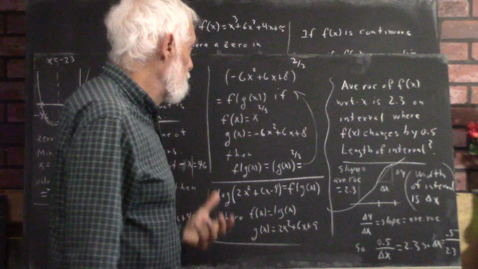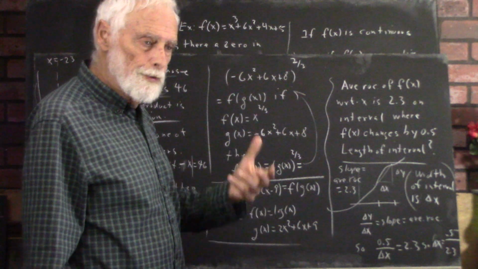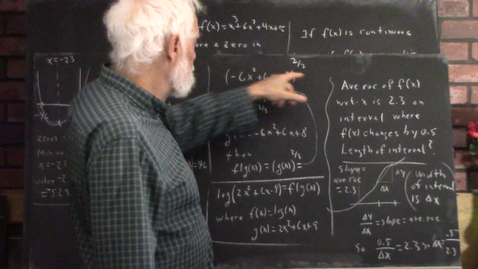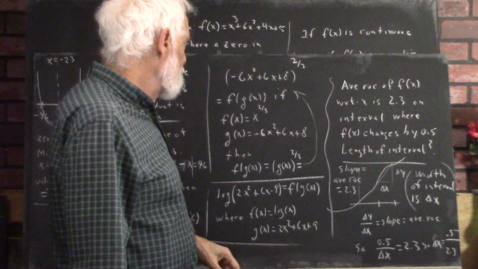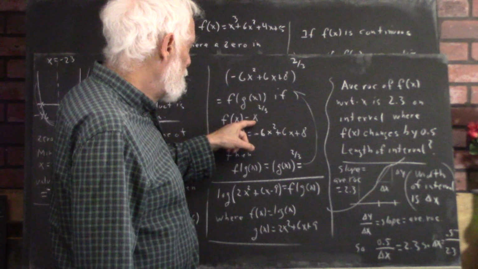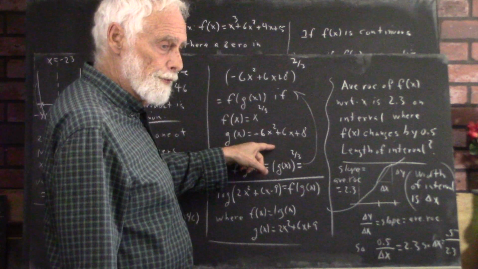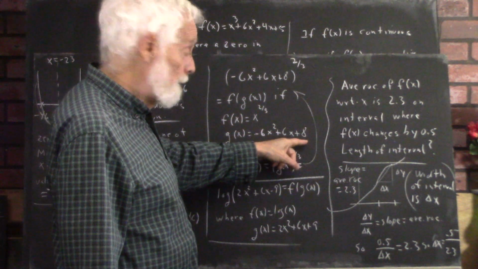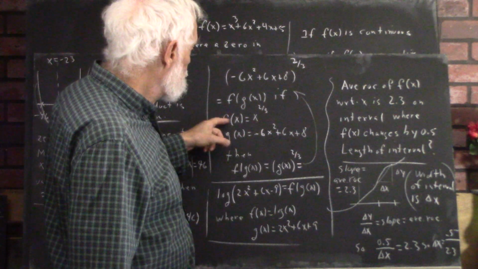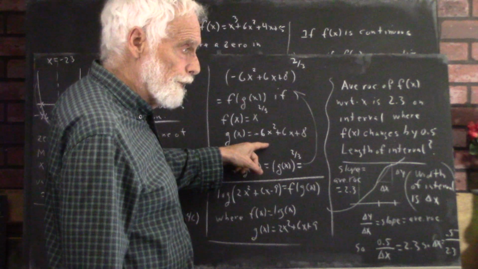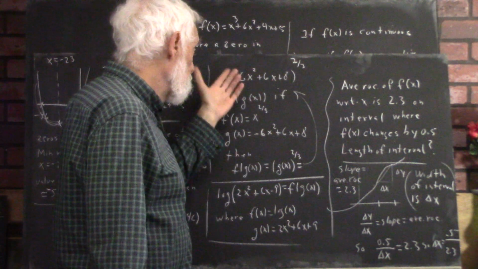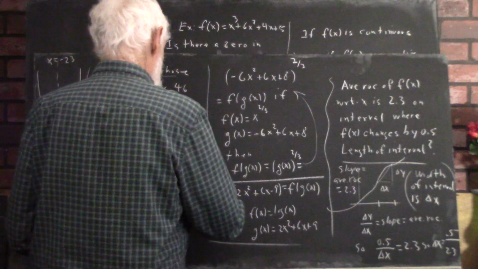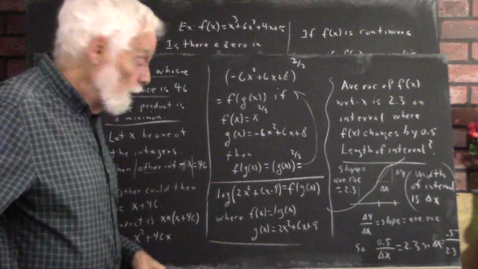And one reason you want to be able to express functions as composites is because the rate of change of this function is related to the rate of change of this function and the rate of change of this function. You just basically multiply the rate of change of this function times the rate at which this function changes at the value of this function, and you get the rate at which this thing changes. That's a big deal in calculus and a big deal in applications of mathematics all over the place. Okay,